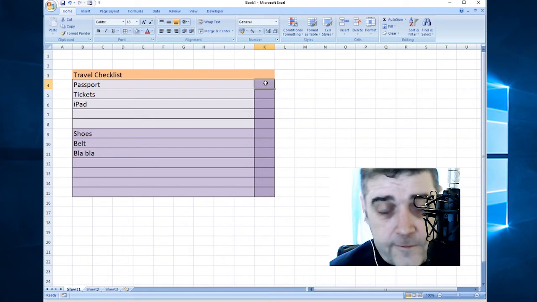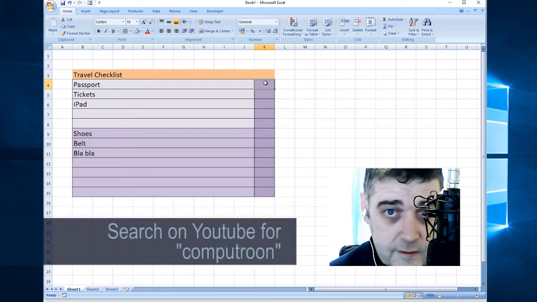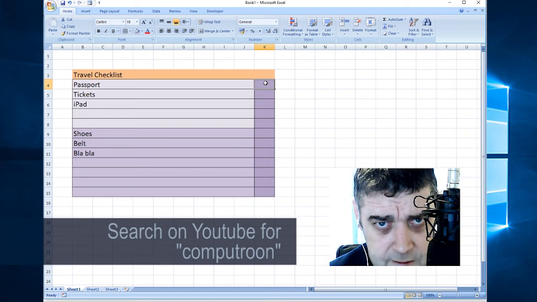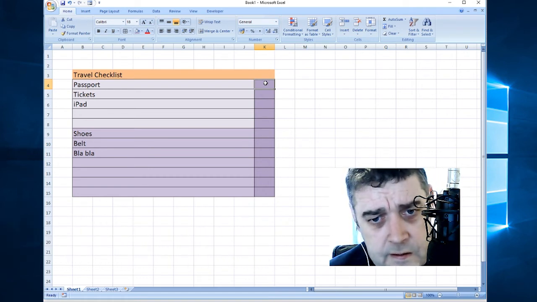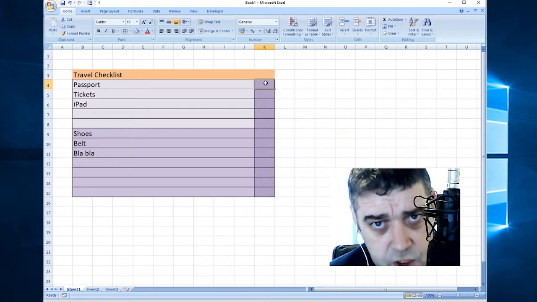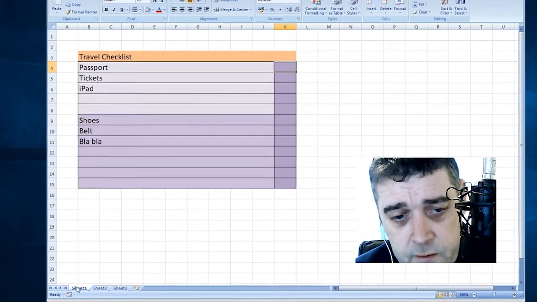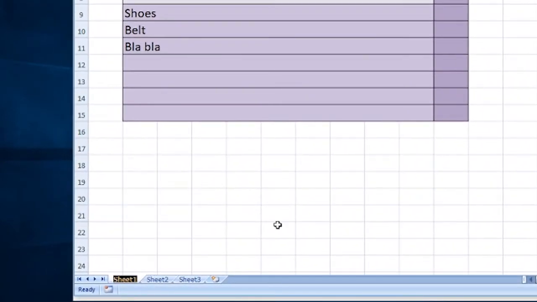What we're going to do for the first time in this series, we have covered the basics already in the first 4 videos, which you can go back and view on our YouTube channel under the playlist Get More Out of Your PC. What we're going to do here is use multiple sheets for the first time in this series. Down at the bottom it will say sheet 1. We can rename that if we want. We don't have to do this, it's just an example. We'll call that sheet checklist,